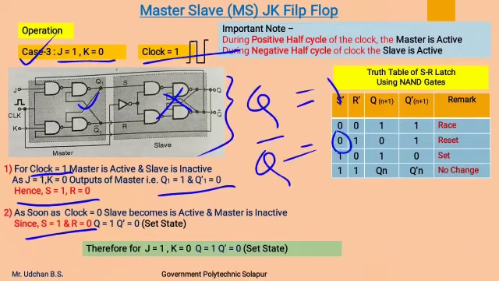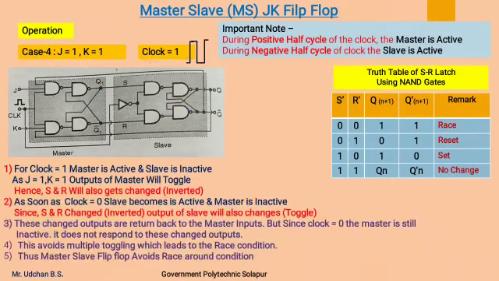We already know this with respect to variation of S and R, how the values of Q and Q complement will get changed during the study of SR flip-flop. So using that, the Q will become 1 and Q complement will become 0, so the output will get set for J 1 K 0. Now we will see the last case, which is important,